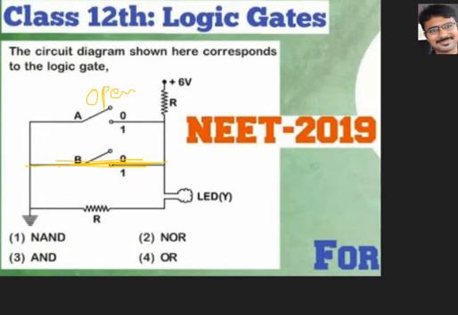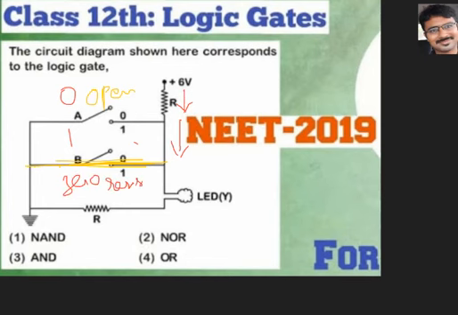Whenever it is open, current can enter into that one. Current can flow through that one. If it is closed, current can flow. A is 0, B is 1. So what happened now? First, current is coming from 6 volts. Like that it is coming down, okay. But before going to the bulb, here 0 resistance is there. Here no resistance, 0 resistance.